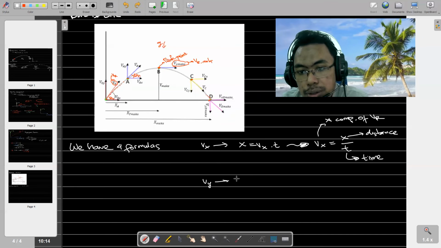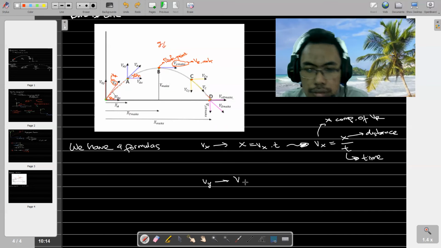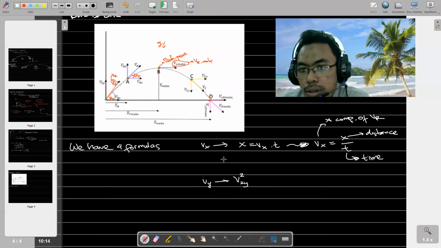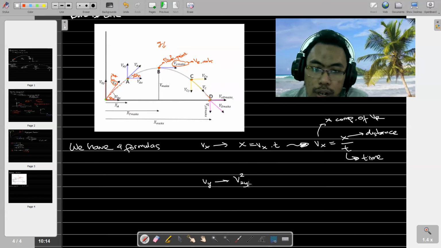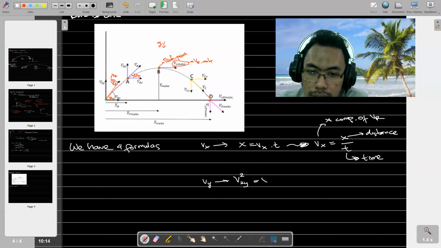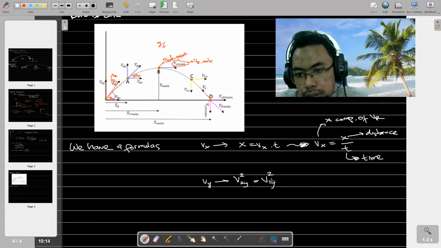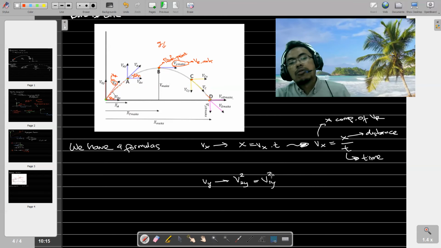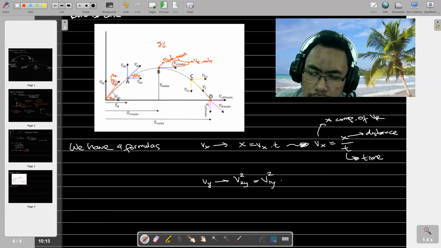The first one is the final velocity of the Y component, which equals the initial velocity of the Y component to the power of 2 plus